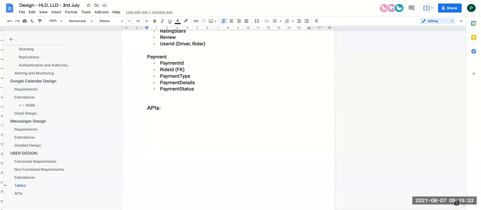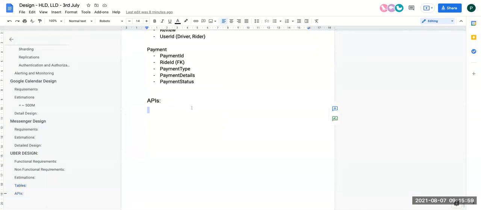Okay, let's talk about it. I can see a bunch of people have made progress. There are some account registration and login APIs which everyone has mentioned, and some booking related, cancellation related, rating, and driver accept request APIs. So let's start working on the APIs. What are the basic APIs which we'll need?